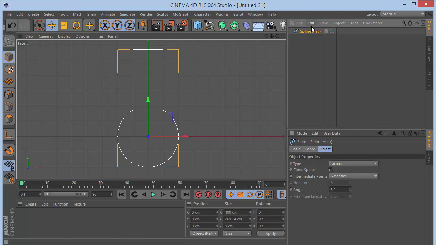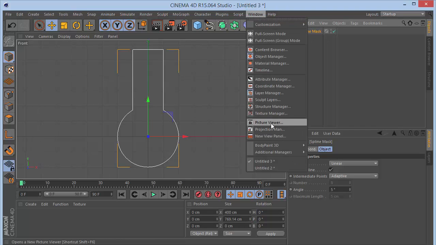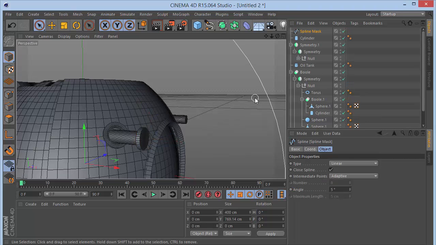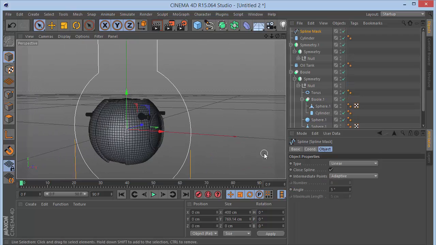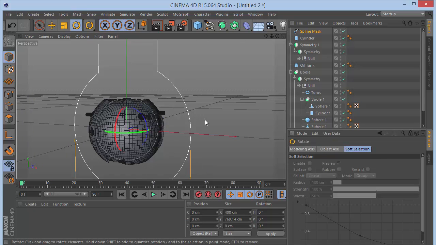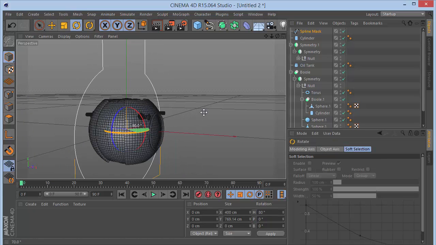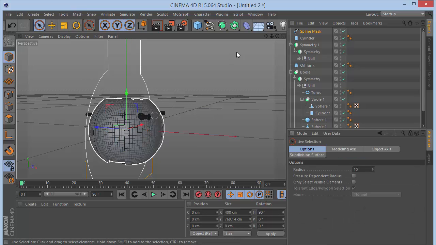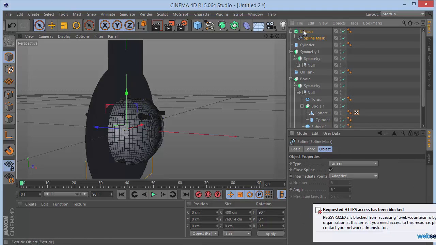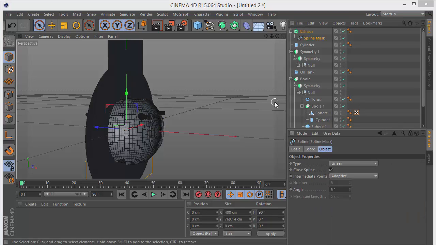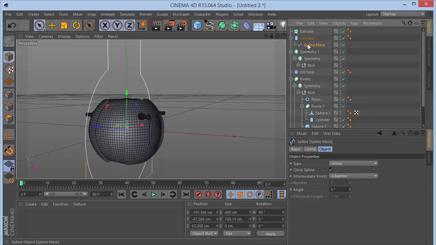I'm going to go into my main one. I'm going to press Ctrl V, and obviously it looks crazily big, so I'm going to rotate this first, and then I'm going to choose an extrude, drop the spline into the extrude, and then select this spline mask. I'm going to drop it under this cylinder, and then I'm going to press Shift F12,